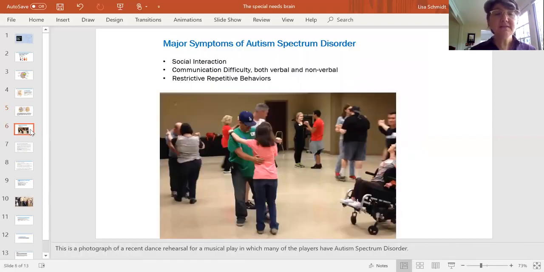All right, this is a photograph of one of my classes. This is a dance rehearsal. So some of the major symptoms of autism spectrum disorder are social interaction, communication difficulty, both verbal and nonverbal, and restrictive, repetitive behaviors. And so I wanted to show you this slide